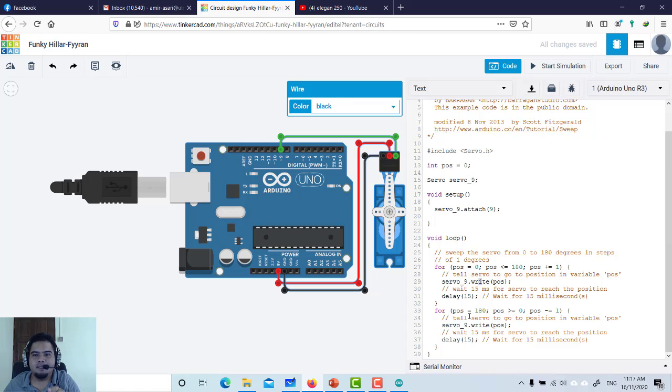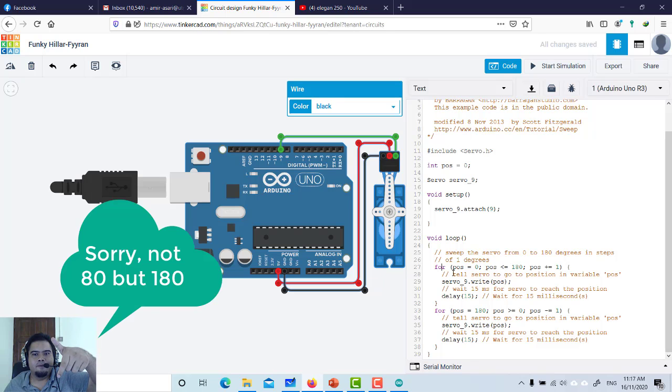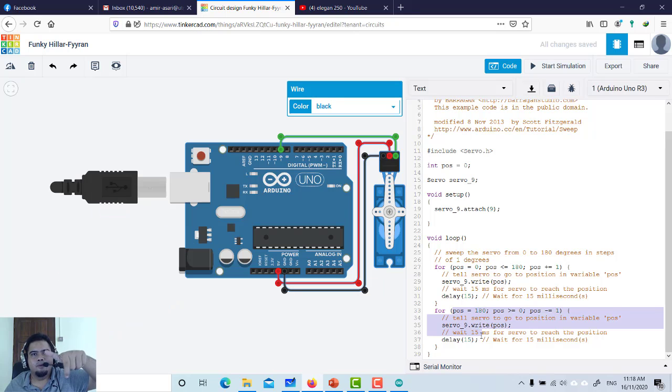The structure looks like the LED brightness example that I showed in the previous slide. When you change the intensity of the light using the analog output, you are using the same concept. You increase the intensity to the highest and then go down. So the same goes here, going up to 180 degrees. That is the first for loop, and the second for loop is going back to 0 from 180. That is the example.